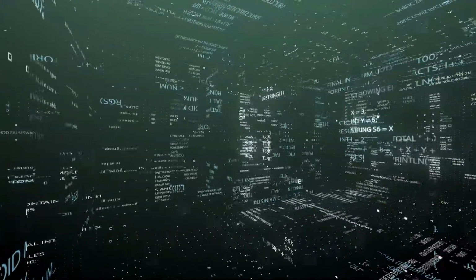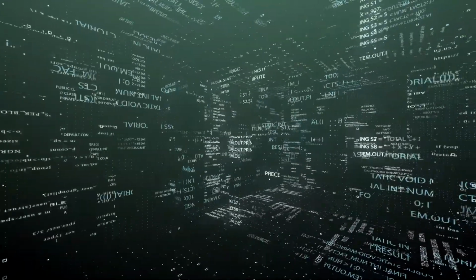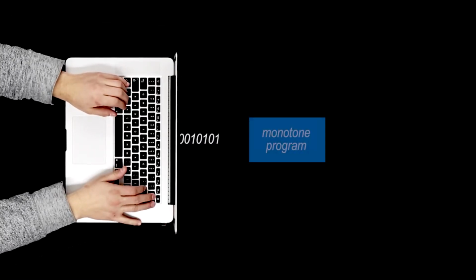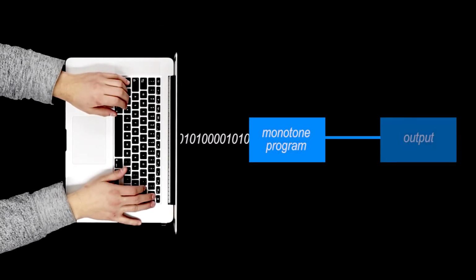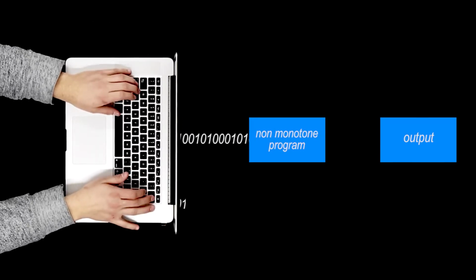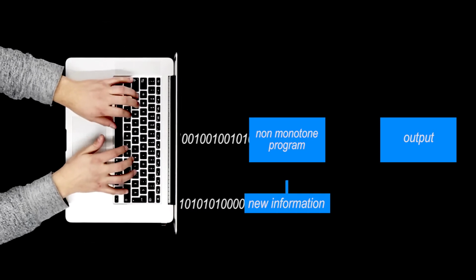Here's a region, programs exist in it that haven't been written yet. That's exciting, you know? Think of a program while it's running. So far, it's only gotten some of its input. What could it say at the output? If it's a monotone program, it could say everything it knows to be true so far. If it's a non-monotone program, it can't say anything because some new fact could come in and cause it to change its mind.